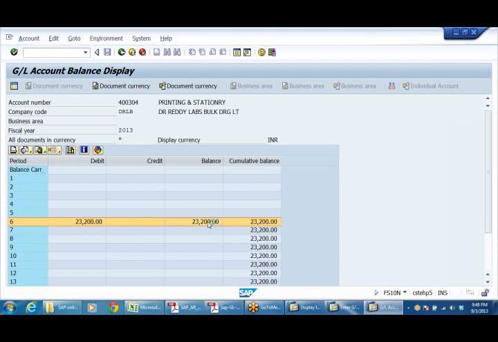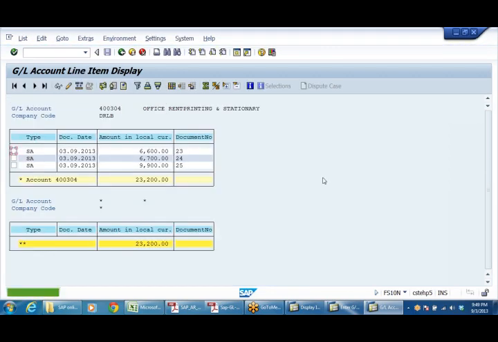See, double click. Right. So 6,600 previously, then second entry 67, then 9,900. But I want to see because why system is showing in general ledger the company code currency, because we have already chosen while creating the company code, right? Company code currency we have chosen as INR. So that's why all books of accounts will be maintained in INR only.